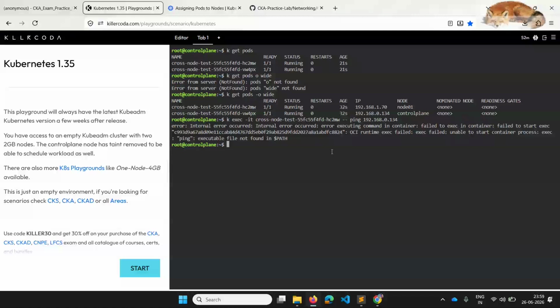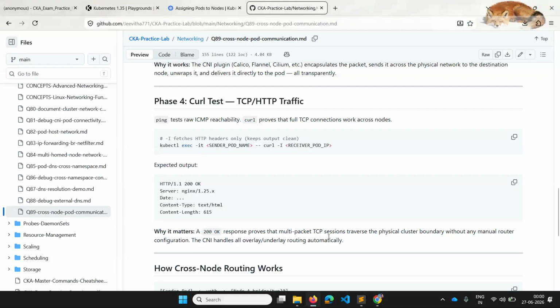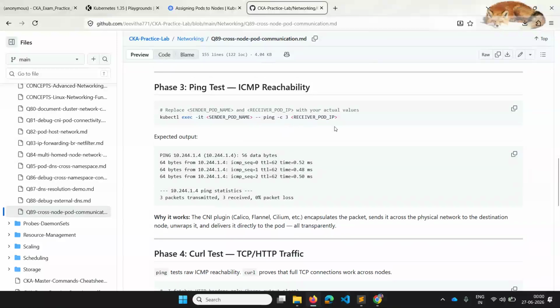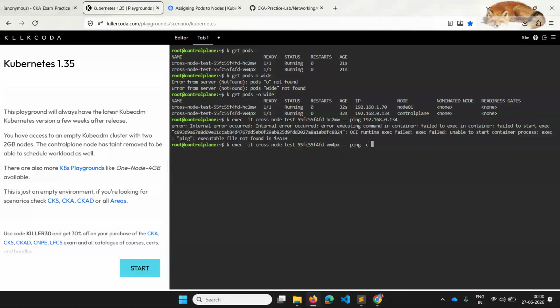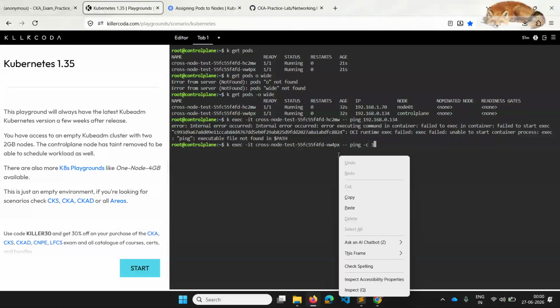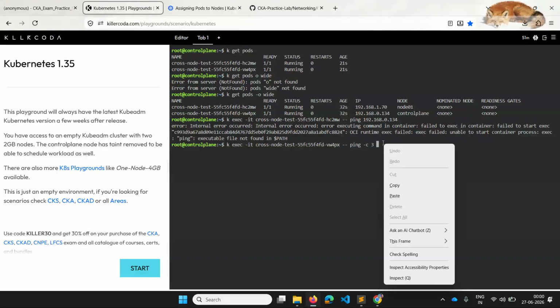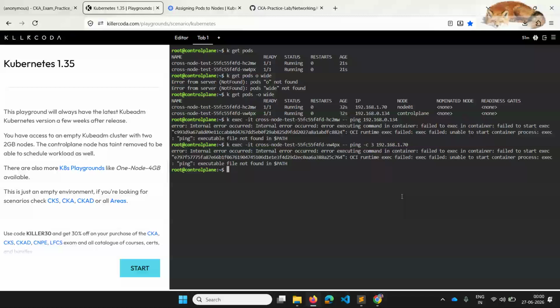Okay, let me try vice versa. Exec hyphen it, the cross node pod, hyphen hyphen ping this IP. The count of 3 means 3 packets, I guess. So it doesn't matter. I'll just ping this.